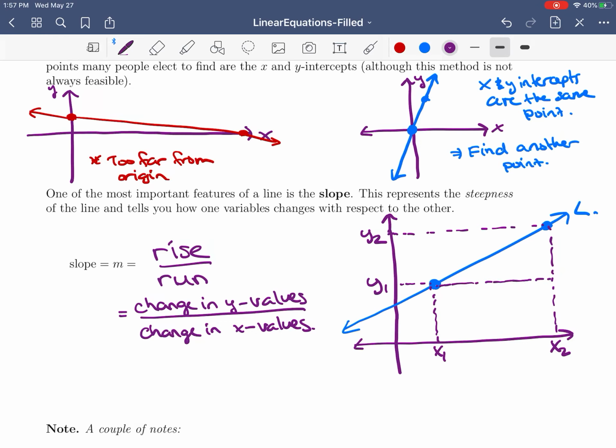So what we mean by rise over run is the change in the distances. Between x1 and x2, this is the run. So it's the horizontal change. From y1 to y2, this is the rise. So it's the vertical change. So now the way that you find this, to find the run, you're going to take